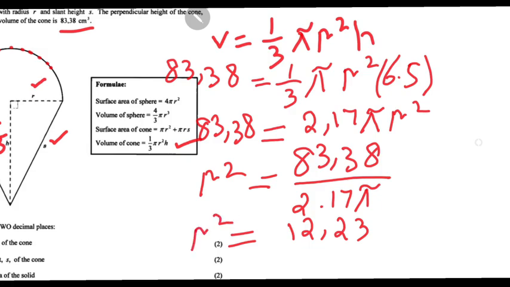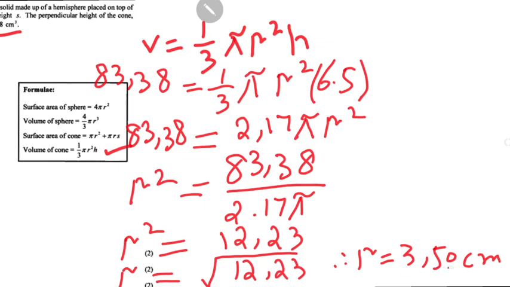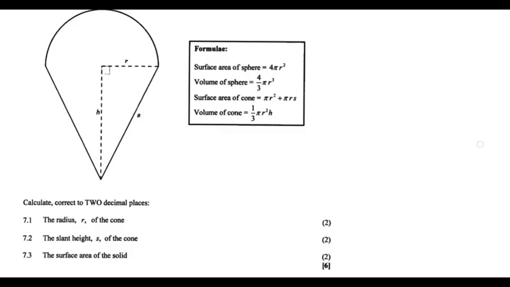Now I need to find the r. So square number switch over this side becomes square root. Therefore r is equal to 3,50 centimeter. I got the value of r. The radius is 3,50 centimeter. Now I must remember, sometimes they ask a variable of the formulas. I showed you in previous video about the cylinder, which you need to find the h. Now I'm busy with the cone, where you need to find the radius,